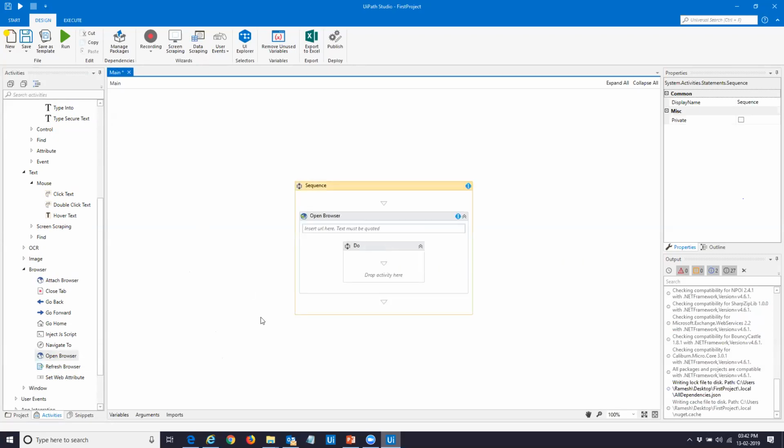UiPath provides graphical modeling. You can model your process in a graphical manner. When we go into detailed training, we'll be talking about various graphical files that we have: sequence diagrams, flowchart diagrams, state machine diagrams. Sequence is the simplest of the three, and it is automatically created for us when we drag and drop